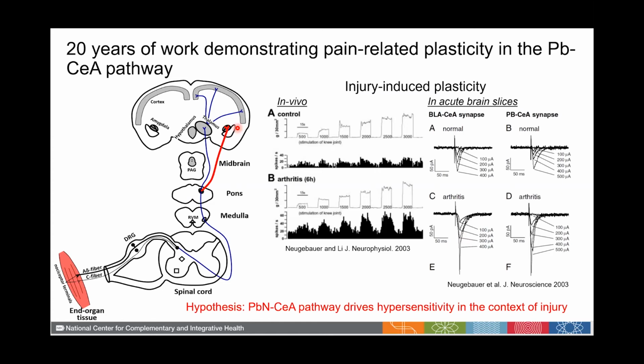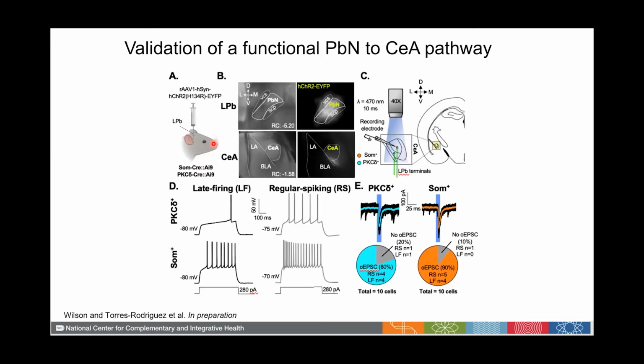But instead, what it does is that in the context of injury or in the context of stress, it functions as a rheostat that drives pain up or down. So we, of course, first wanted to validate that the work that Volker and many others have done over the years stands in our hands, and we used